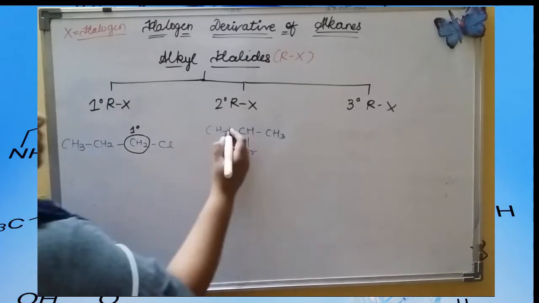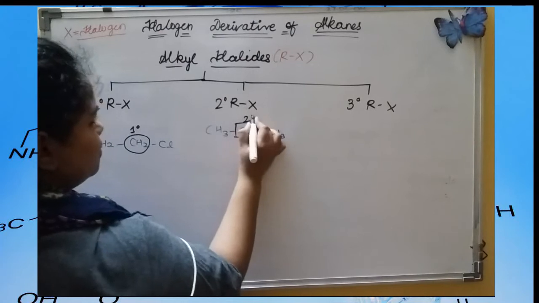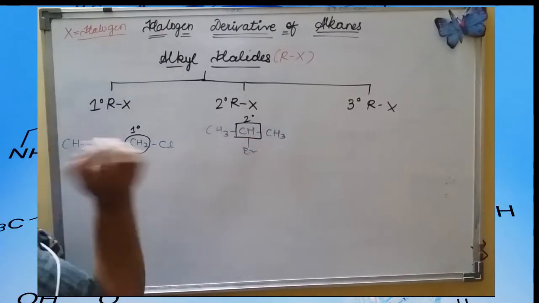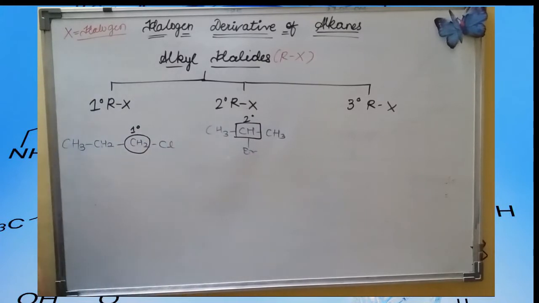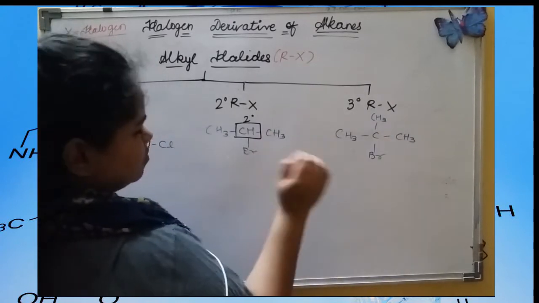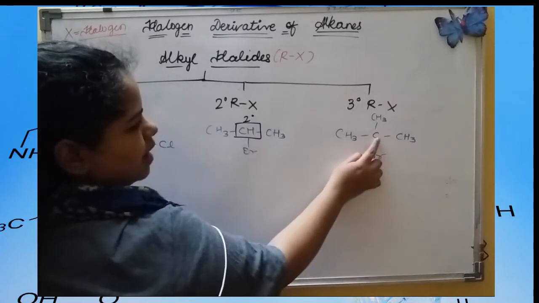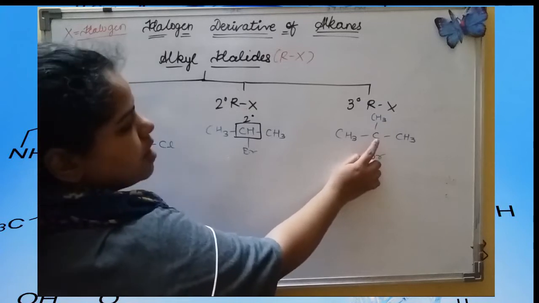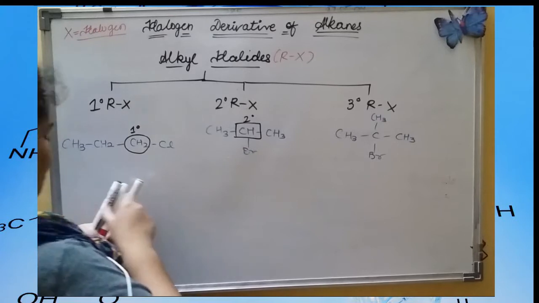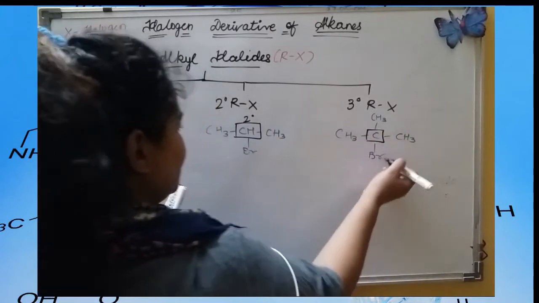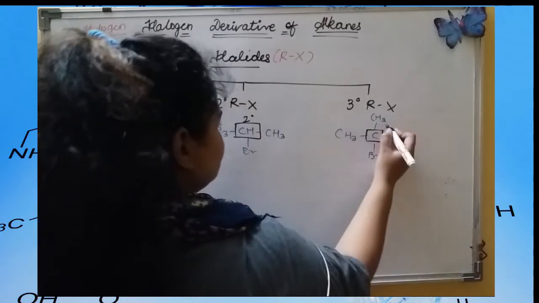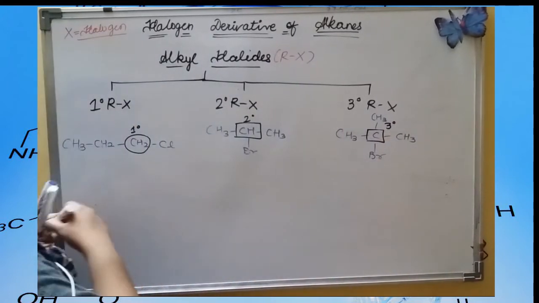So this is our main secondary carbon atom. So where the halogen group is attached to a secondary carbon atom, this type of alkyl halide is known as secondary alkyl halide. This carbon atom is attached to only one carbon atom, so that is not counted here. This carbon atom, however, is attached to a halogen group and 3 other carbon atoms. So this carbon atom becomes a tertiary carbon atom, and this halogen group being attached to this carbon atom, this whole complex is known as tertiary alkyl halide.